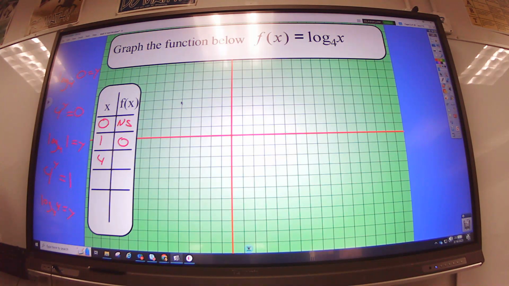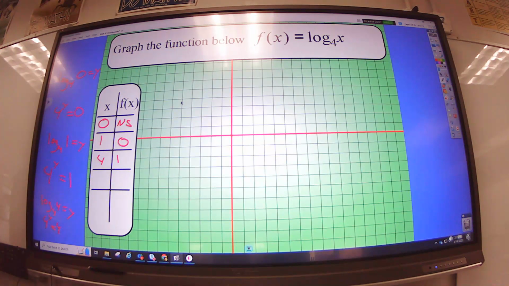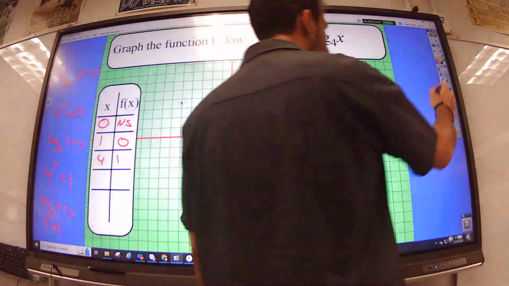Well, what would be easy? I mean, for 4, you probably want to put 16, right? But this is all we need. Okay, let's put in our things. 1, 2, 3, 4, 5. Make sure you label it on the test. 1, 2, 3, 4, 5. And let's do the